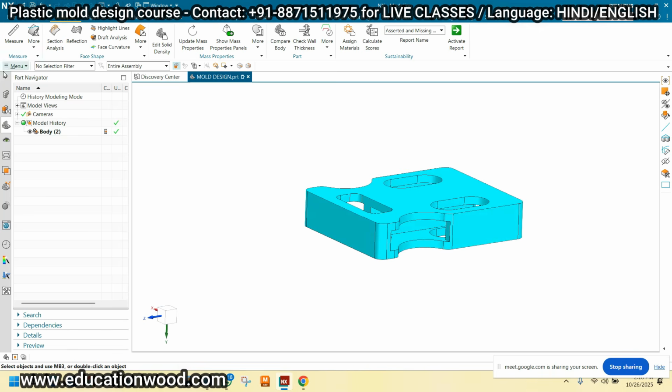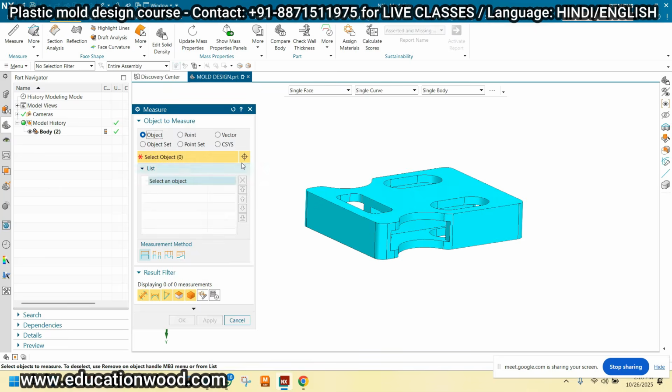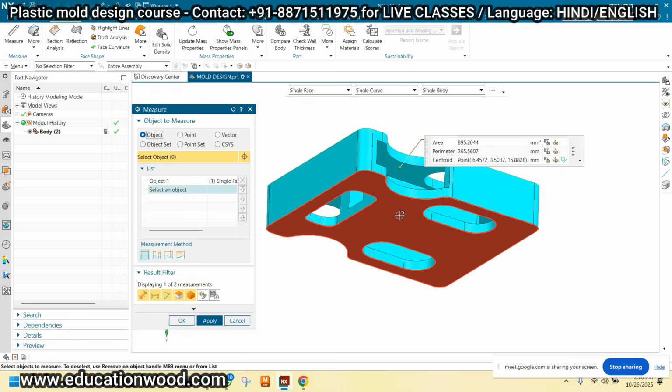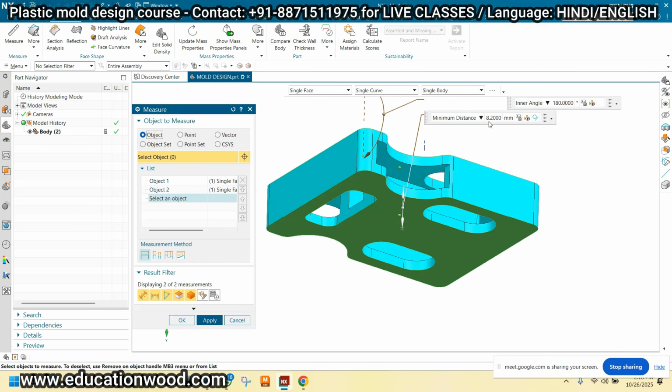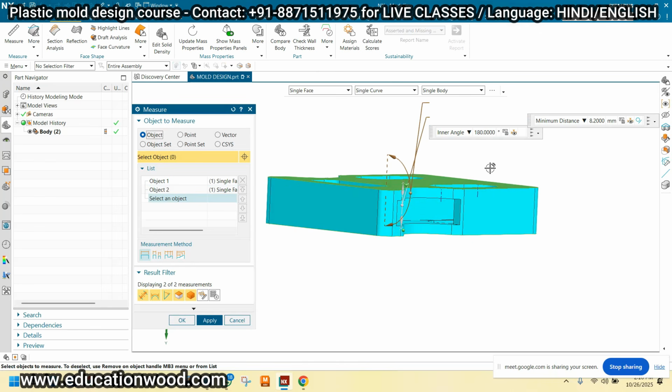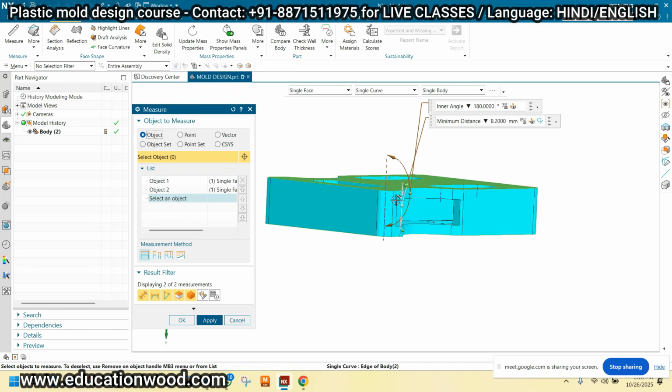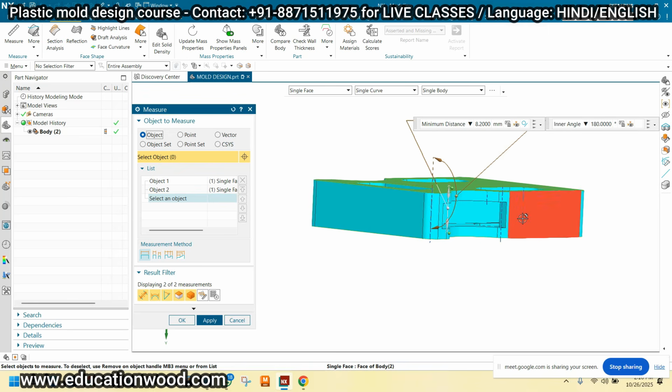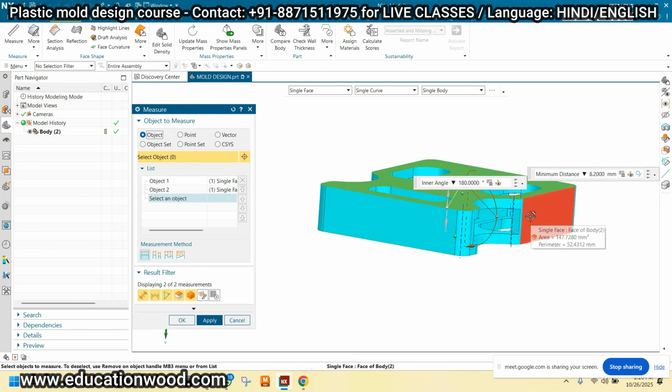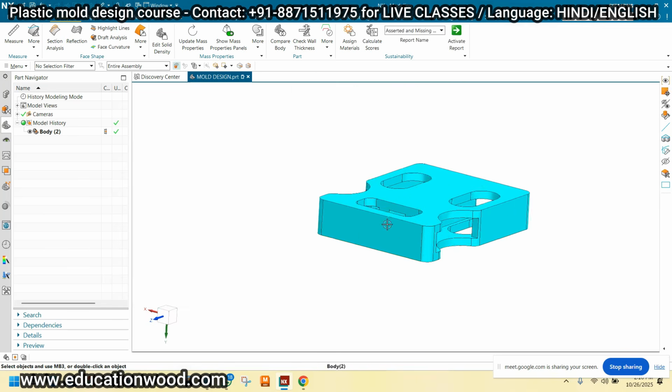See, what is the length right now? Just check the length from this point to this point. Just check what is the length. 8 mm only. Okay. So 8.2 mm. If the component height is less than 15 mm or 20 mm, basically you can extract the component within this length in 90 phase. For example, if it has a 90 phase, you can extract the component easily, right? So there is no issue.